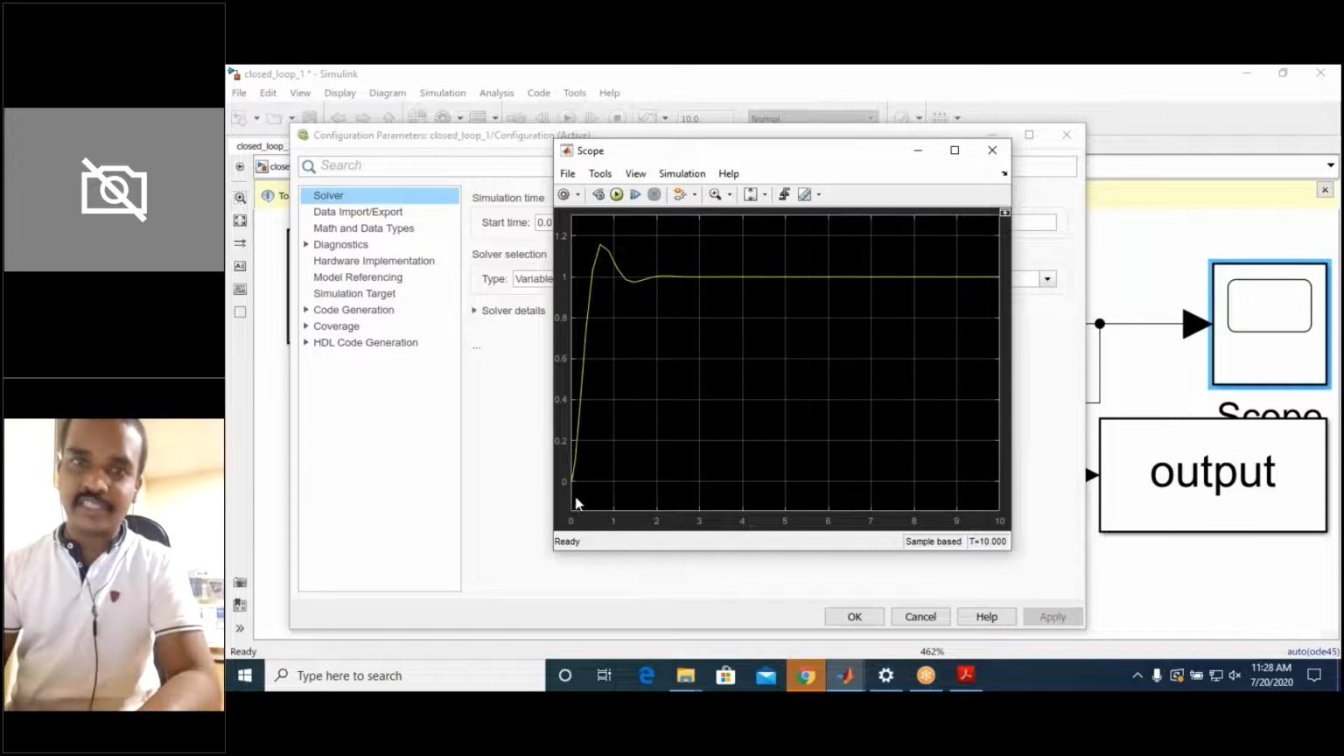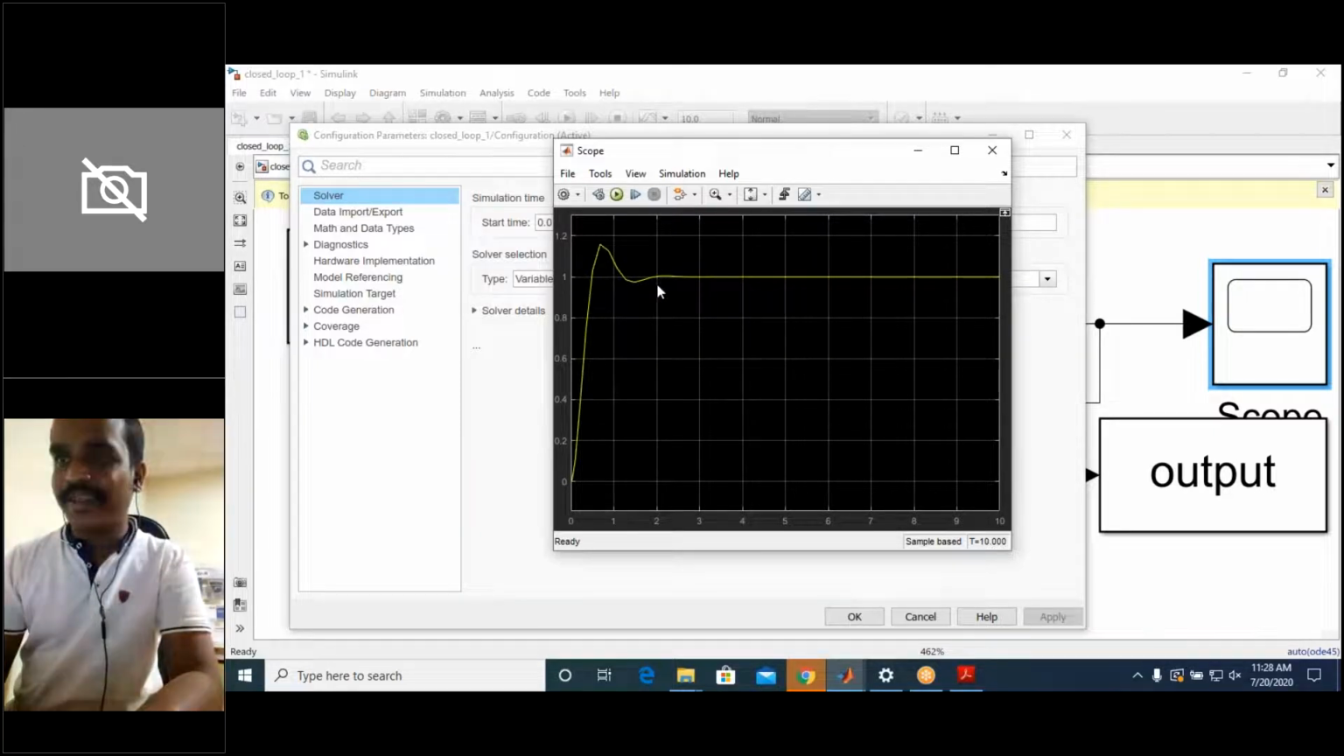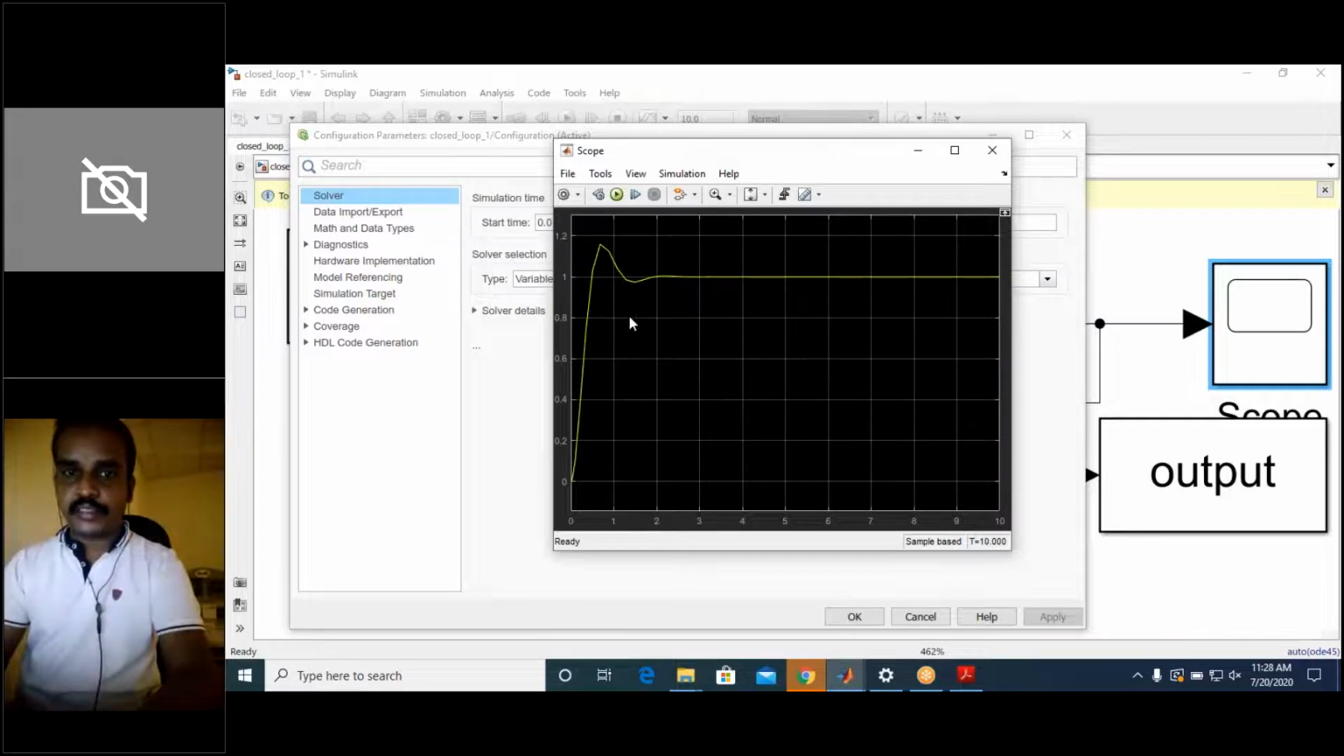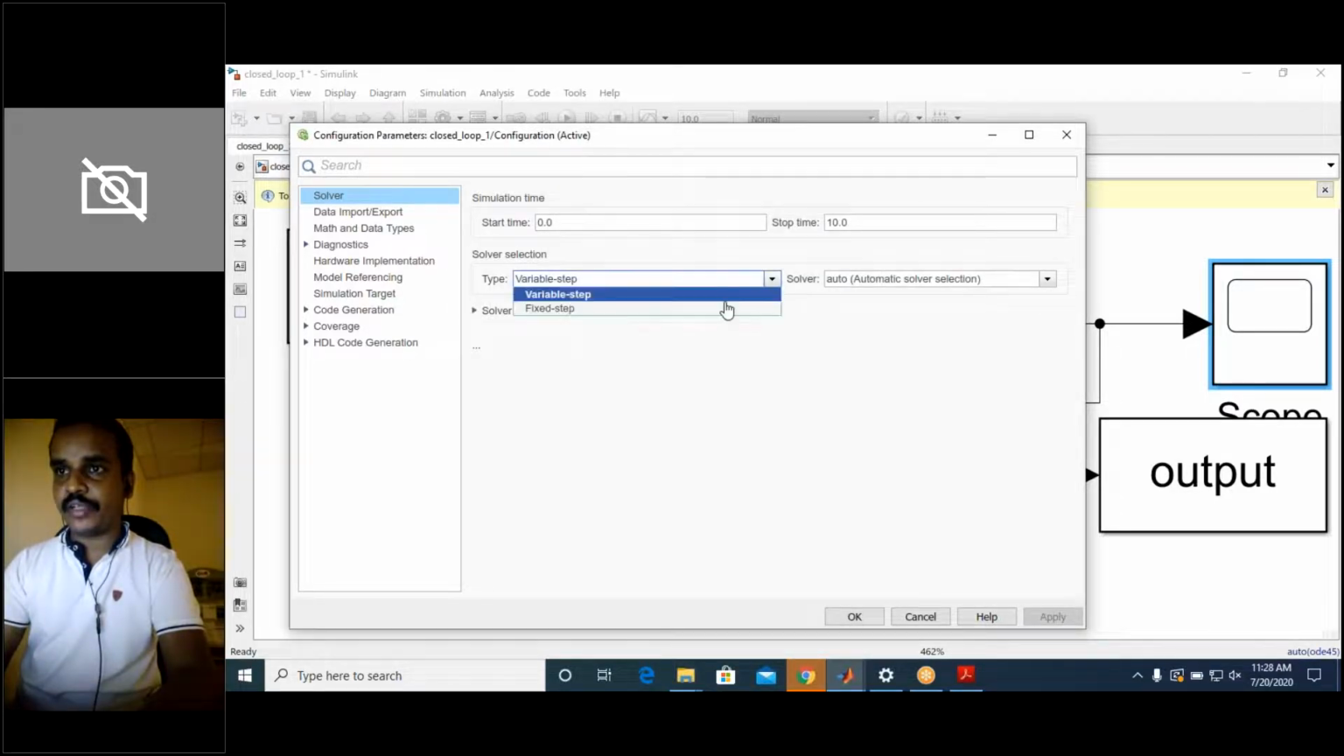So this is the one. You can see that the same plot. However, you can see that there are lots of discontinuities. So what I'm going to do here is, these discontinuities one can remove by using this variable step to